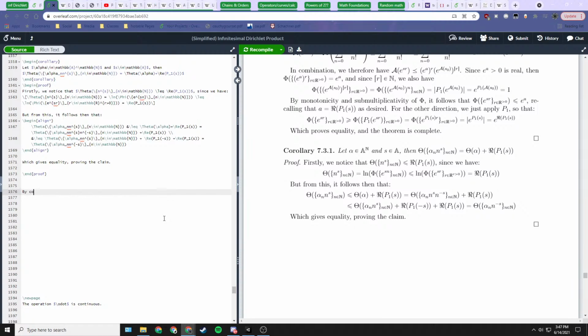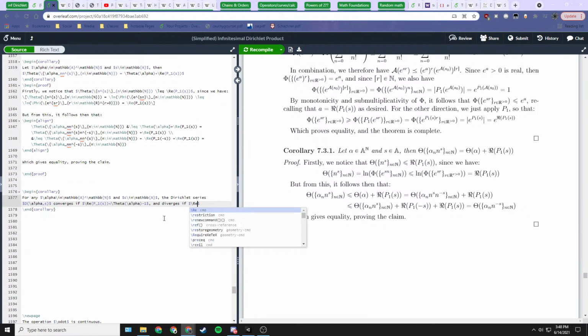So there's this, and we can actually do another corollary for any alpha and A n, or rather, and S and A. Dirichlet series D alpha S converges if the real part of P1 of S is less than theta alpha minus 1 and diverges